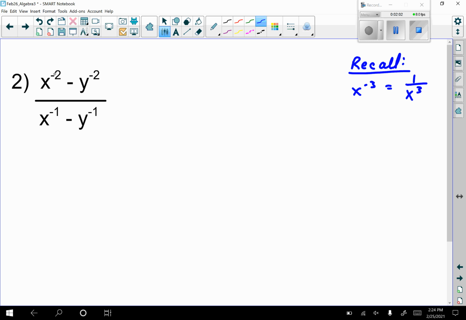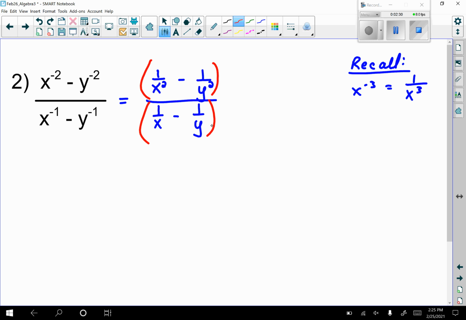Now, because there's a minus here, I don't just move it to the bottom like I would if there happened to be a multiplication sign here. What I want to do is just rewrite each term. So this first one becomes 1 over x squared minus 1 over y squared. Same thing in our denominator. I'm going to get a 1 over x to the positive 1, or 1 over x, minus 1 over y. Now this looks like what we were doing yesterday. So now we determine the LCD,